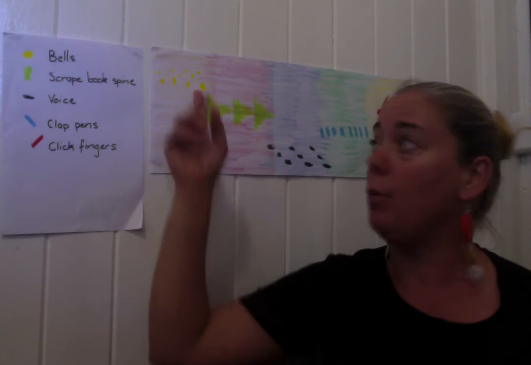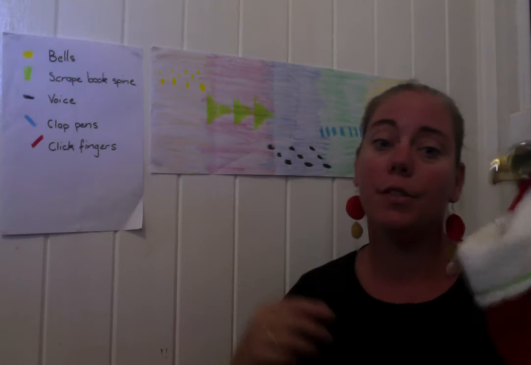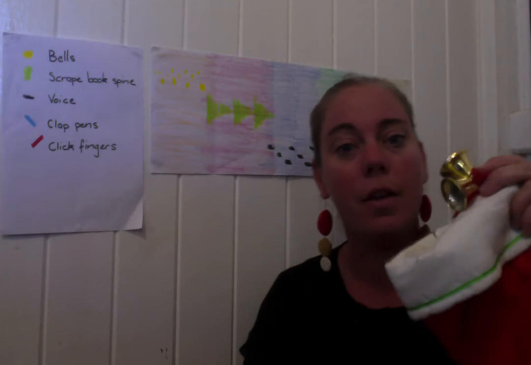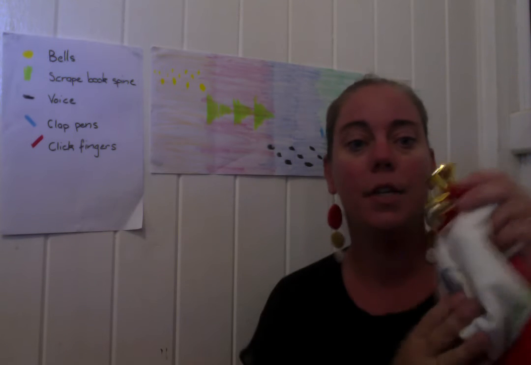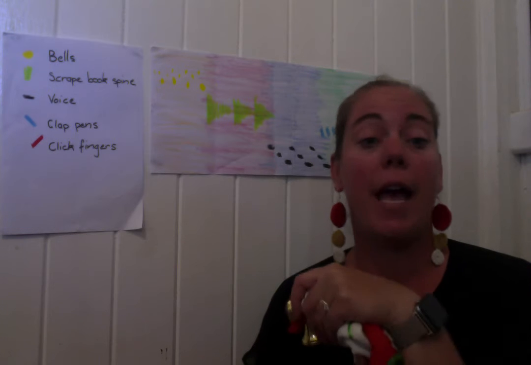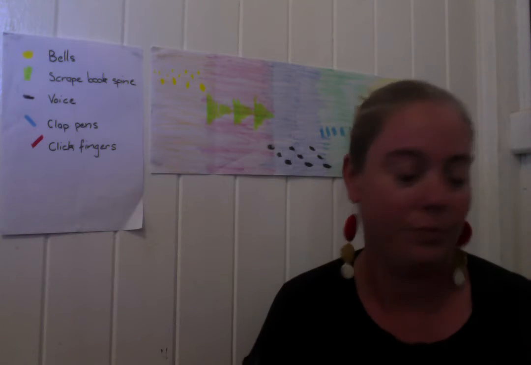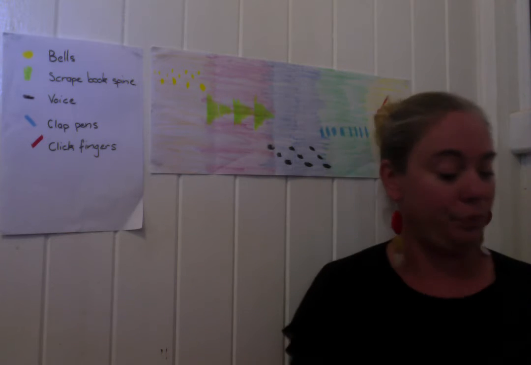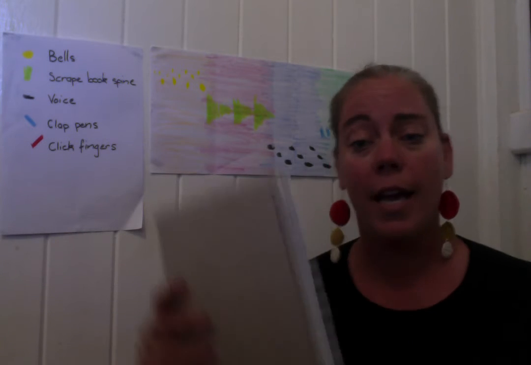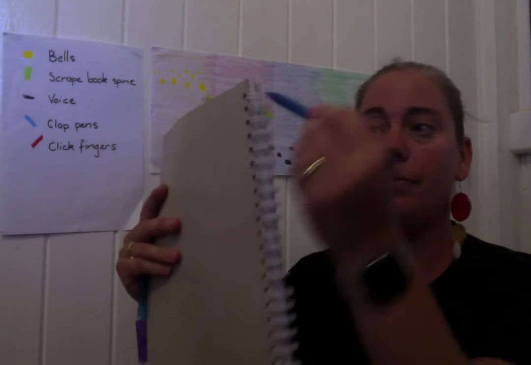So it will start at the beginning with some bells jingling away, nice and happy and high in sound, as myself and Gary the gecko go to meet Kerry the koala. So we're happy and cheerful. Then we meet Gary the koala and Kerry the koala, and she comes down from the tree.